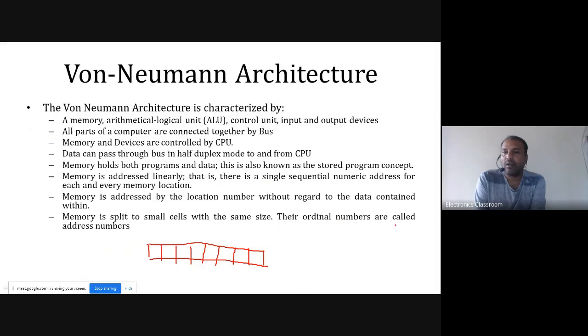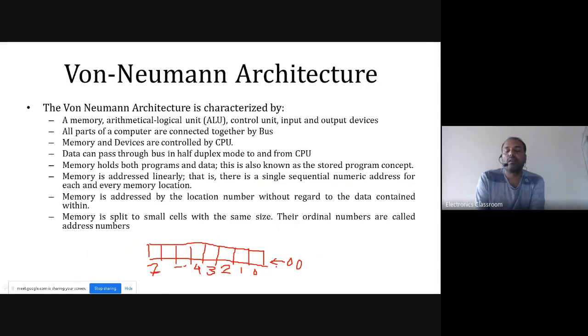And their ordinal numbers are called address numbers. So this number is called the address number, the address of a memory location. And this is the ordinal, the address number. Okay. And so on. The last will be